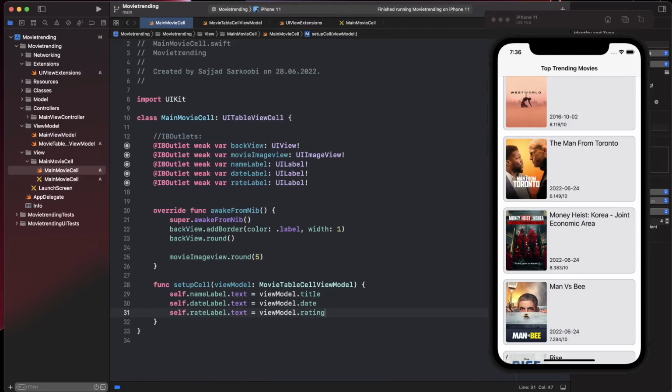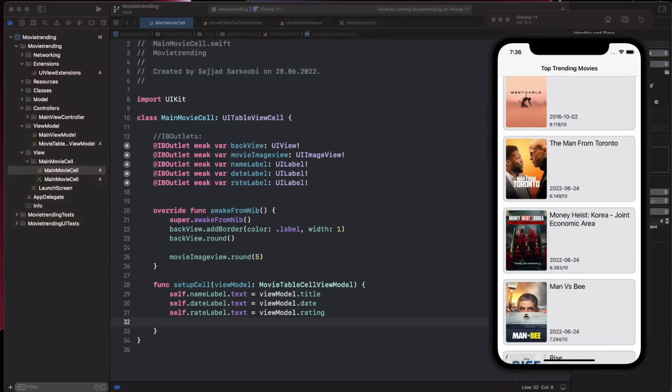As you can see, we are not actually caring about how the rating system is working. The cell just presents it. And for the image view that we are going to use here, we need some sort of